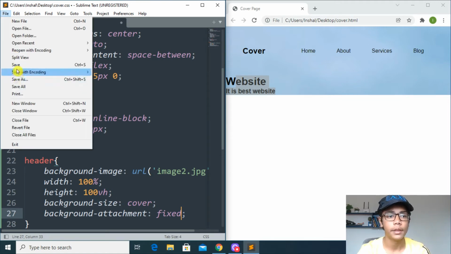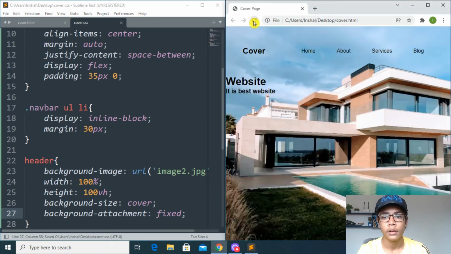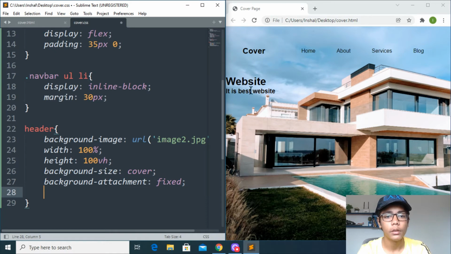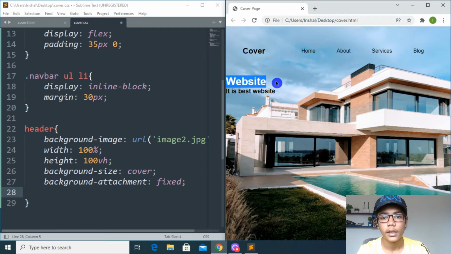Then I will be saving this file again, and if I do that, you can see your image is just coming. But here you have to do one thing: come here again and move down, and in the cover page you have to take care about one thing. You should not give the background of the navbar like we gave in the previous one. We had given the background of the navbar, so you don't have to give that here. Simply we are just getting this text, and we will be moving it down to the center.